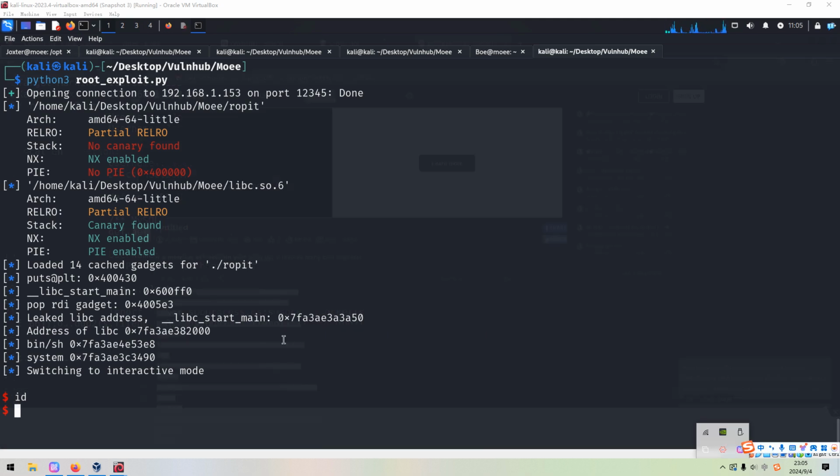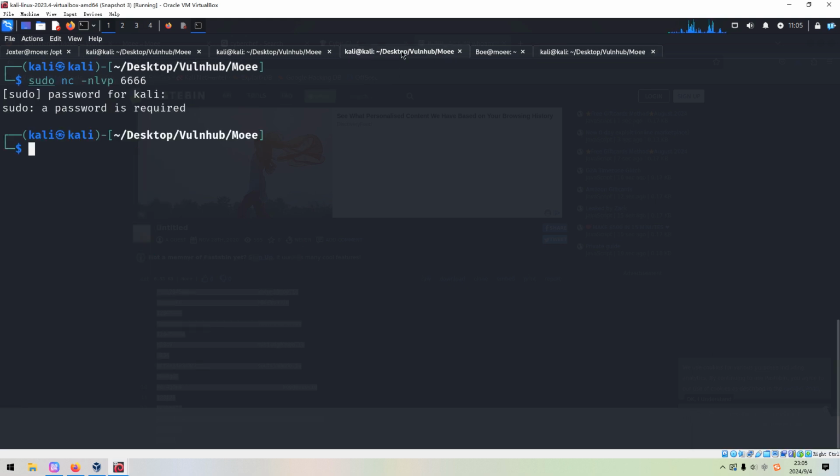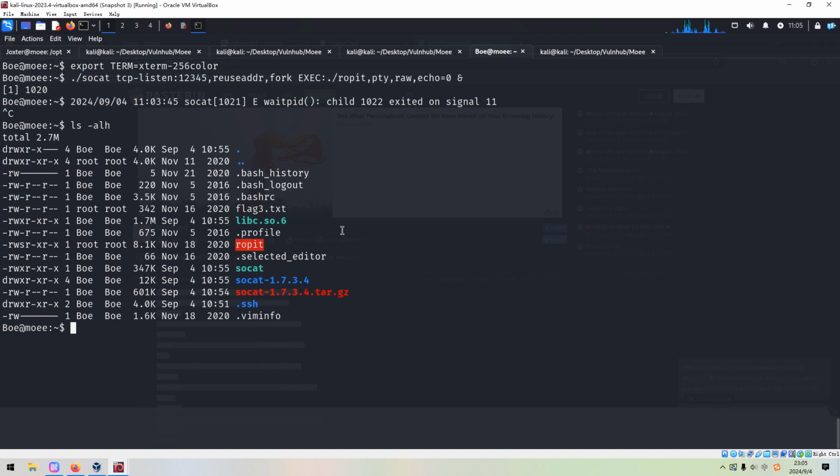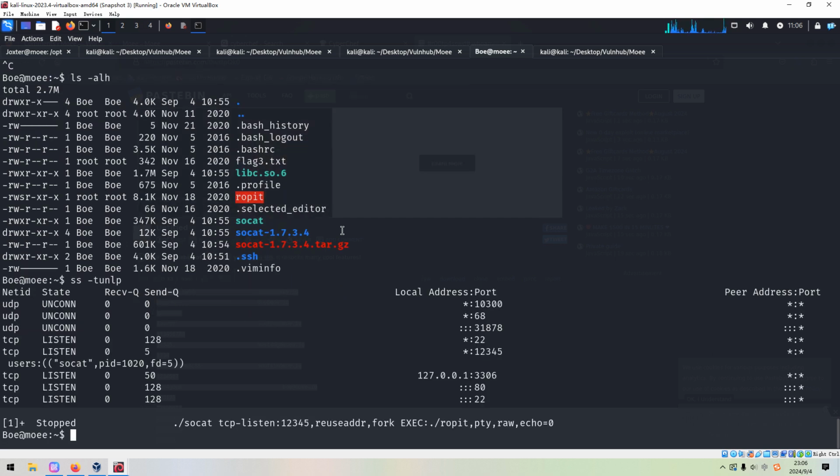It seems that I cannot get the root privilege, although when I did the machine the first time, I successfully got the root shell by using the same way and technique. But for now, I don't know the reason why I cannot get the exploit to work. So what's the problem?